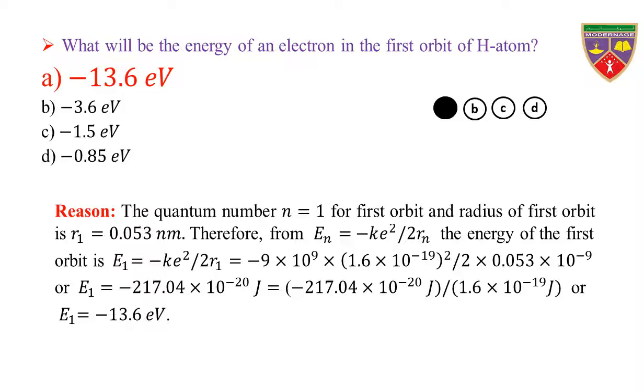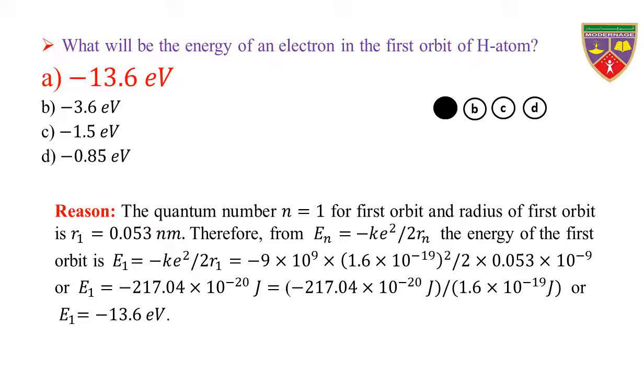Therefore, from En is equal to minus k e square divided by 2 Rn, the energy of the first orbit is E1 is equal to minus k e square divided by 2 r1, which is equal to minus 9 into 10 power 9, which is the value of k, into (1.6 into 10 power minus 19) whole square, where 1.6 into 10 power minus 19 is the charge of the electron, divided by 2 into 0.053 into 10 power minus 9, because 0.053 nanometer is equal to 0.053 into 10 power minus 9 meters,